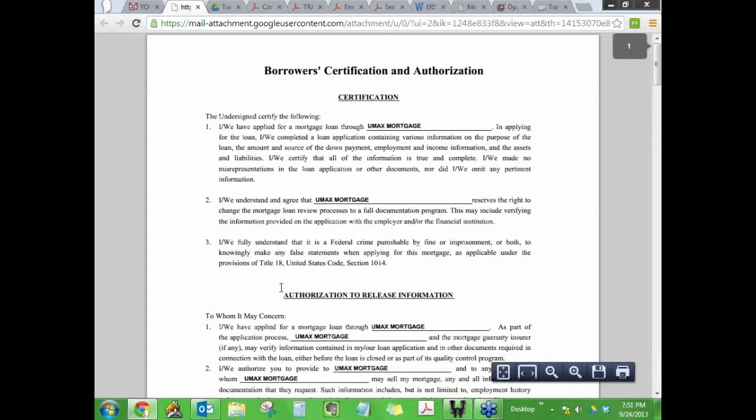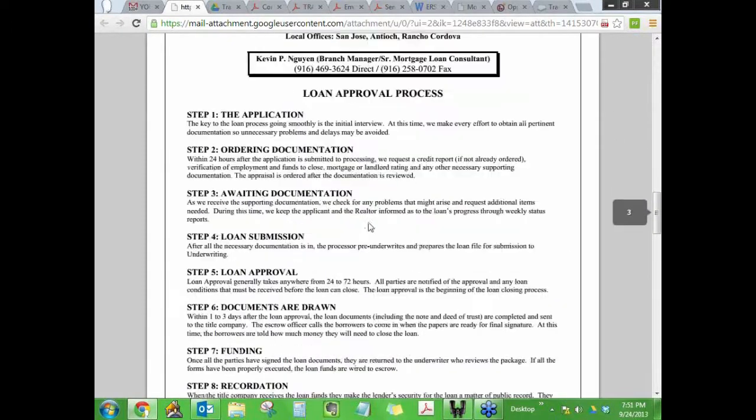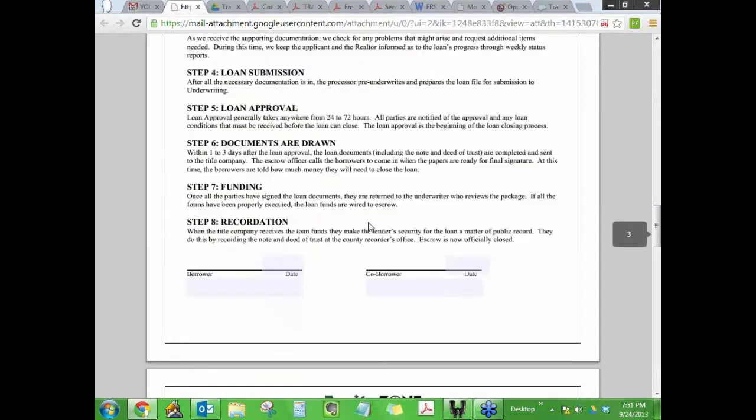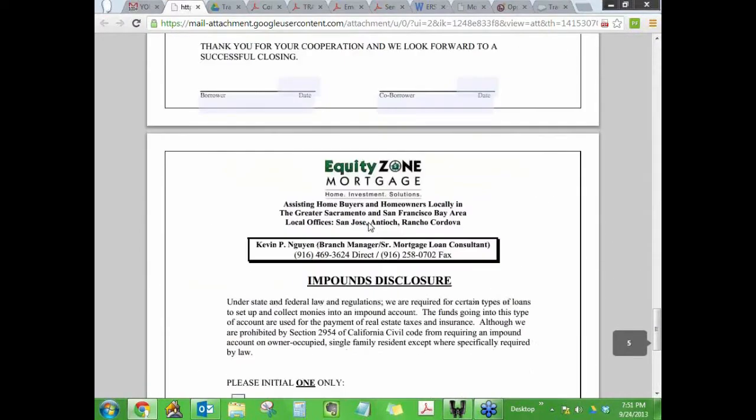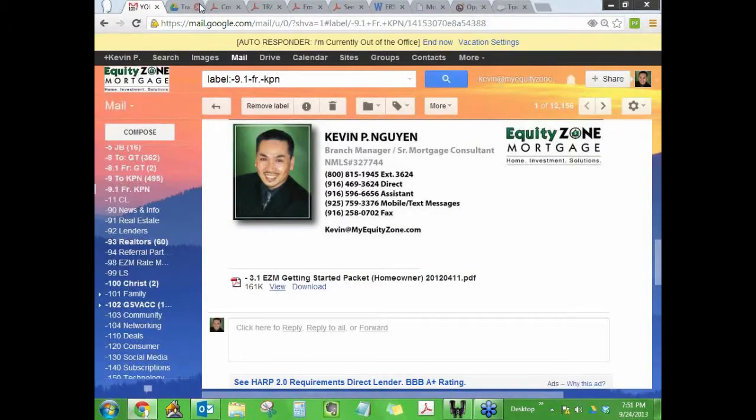So all this system is already in place. It can be as simple as that. You put in their name, their email address, click a button for what type of borrower, and you send them all this stuff here. I've had these attachments here. Here's the credit card, pull credit. Here's my approval process. This is what you need to get started, do's and don'ts, and do you want impound or not. So these are systems that you can just put in